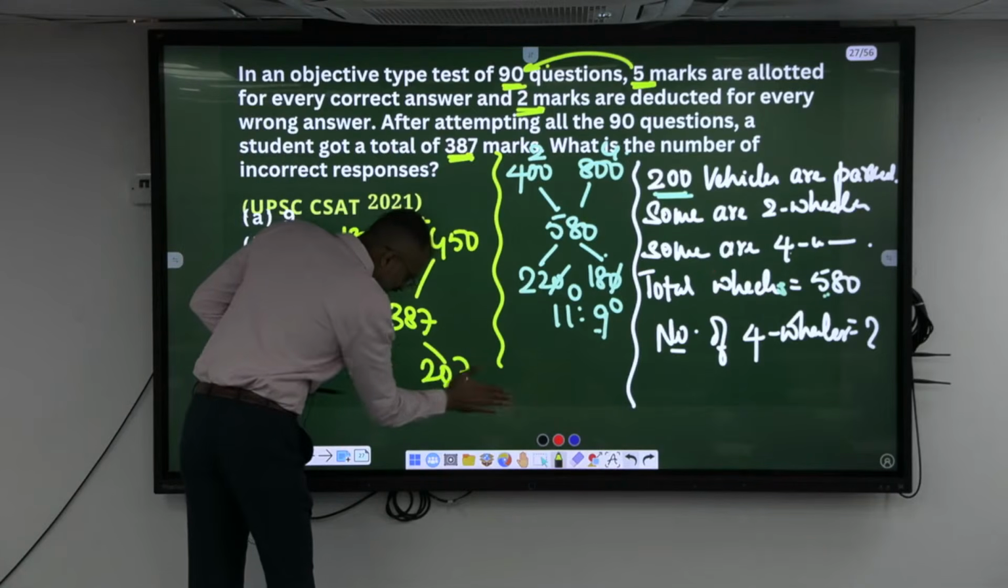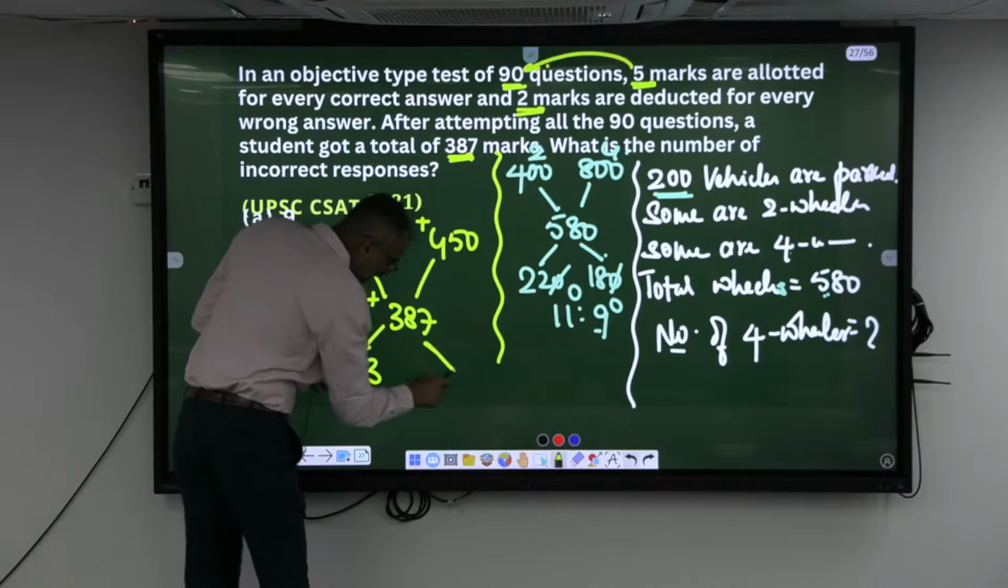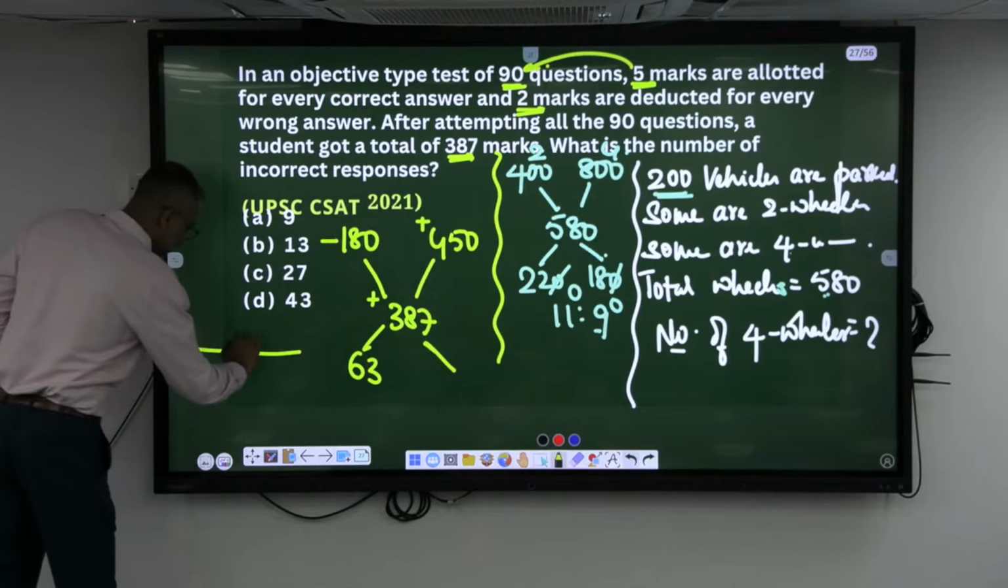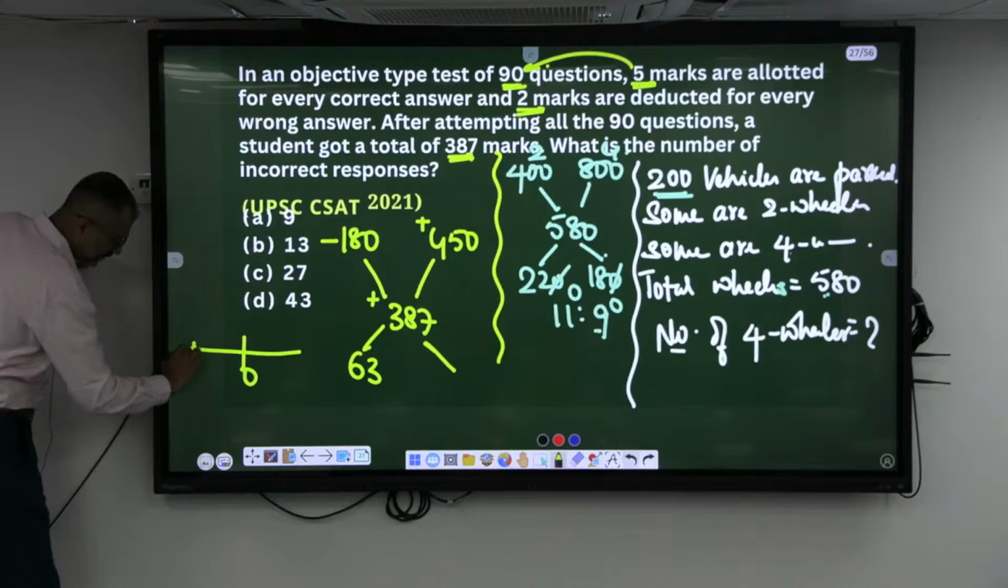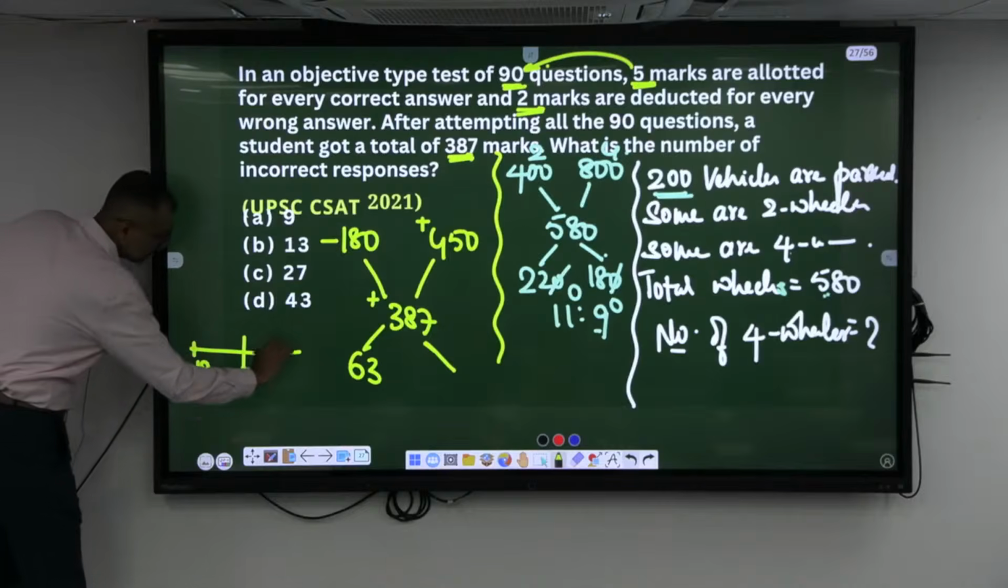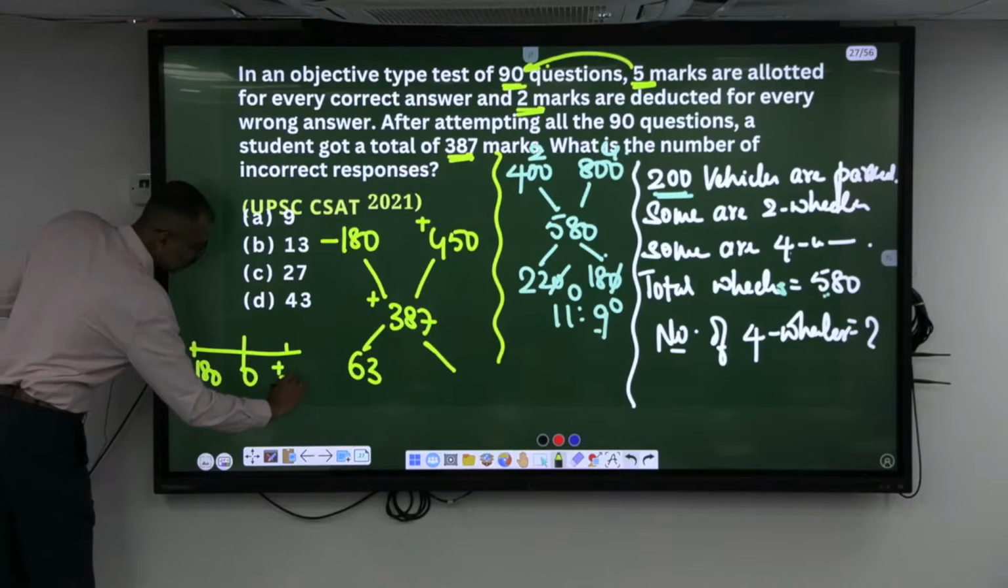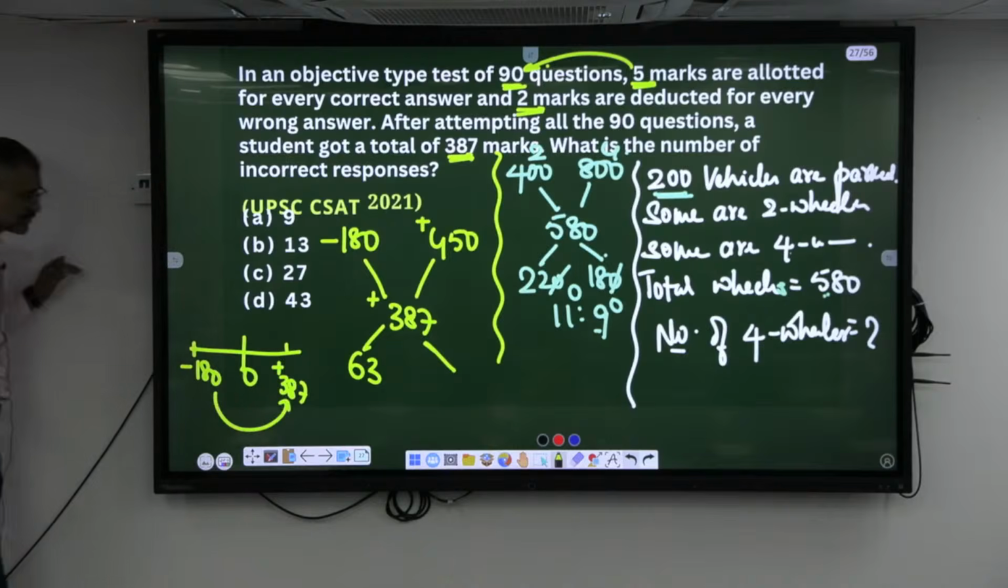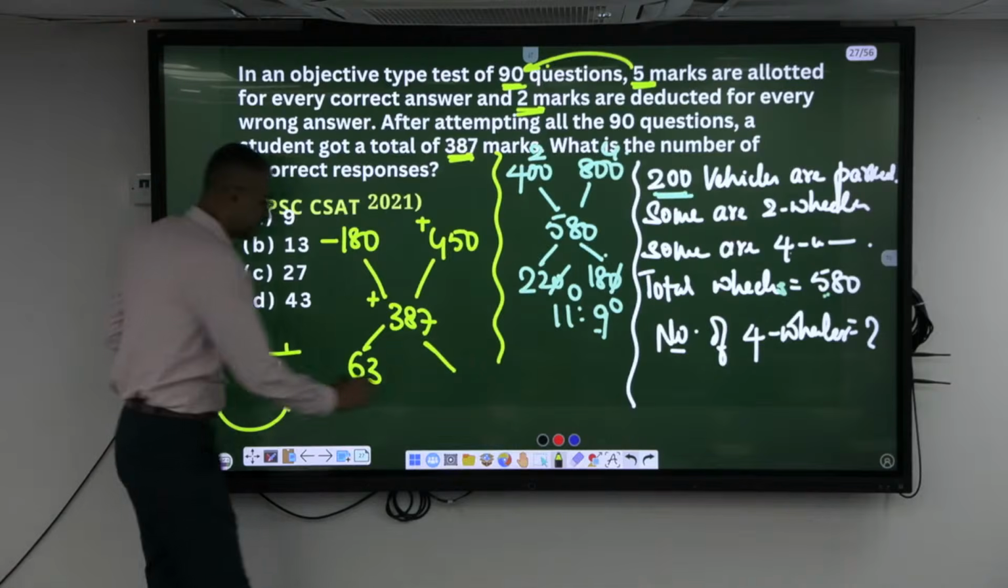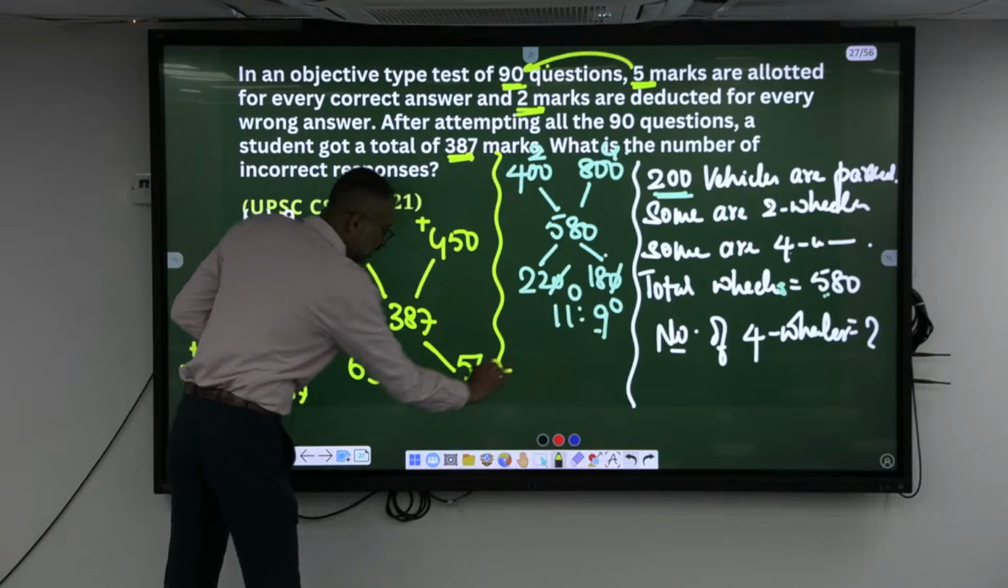This is where the mistake happens. What is the difference between, this is the number line in which this is minus 180, this is plus 387. What is the difference between these two? 567. 567. Okay,